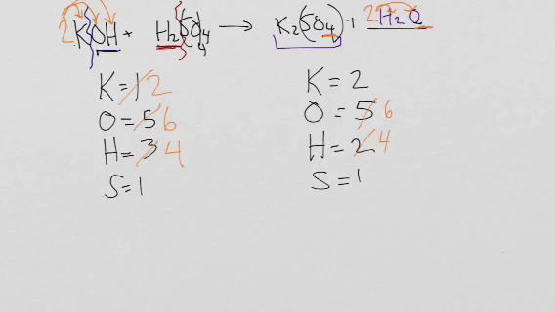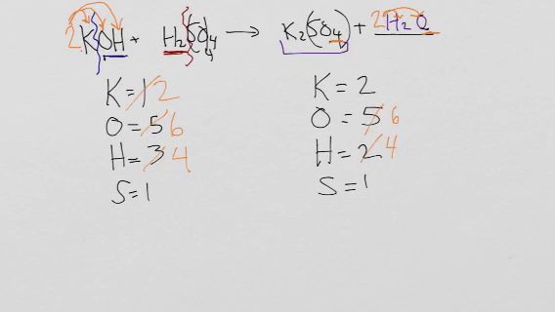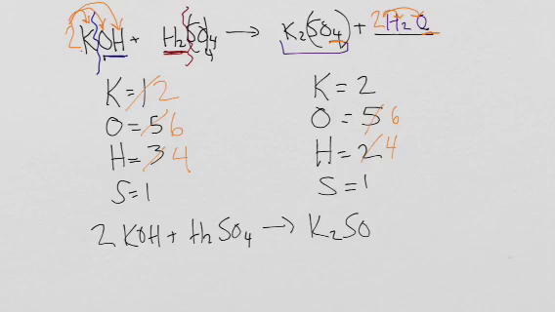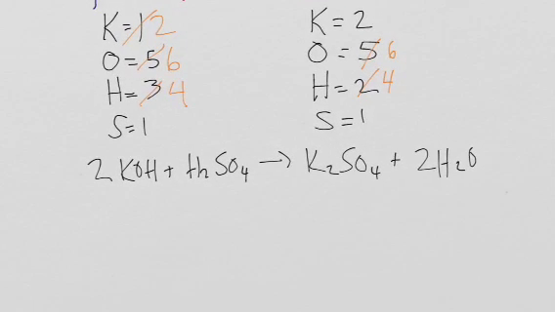Okay? Now, if this equation is what it's supposed to be, let's write it out here where I've got 2 KOH plus H2SO4 yields K2SO4 plus 2H2O. That is a balanced equation. What if I told you that